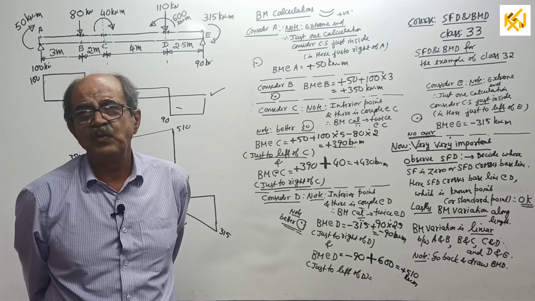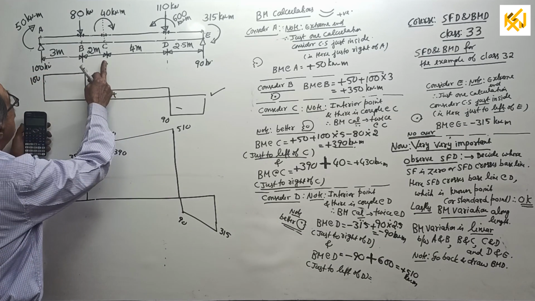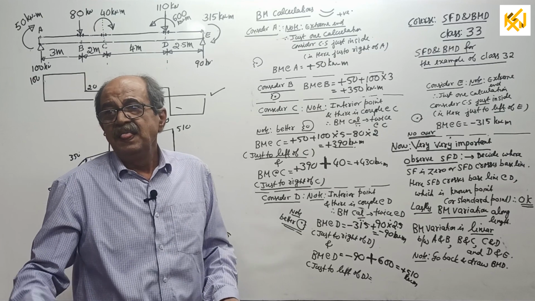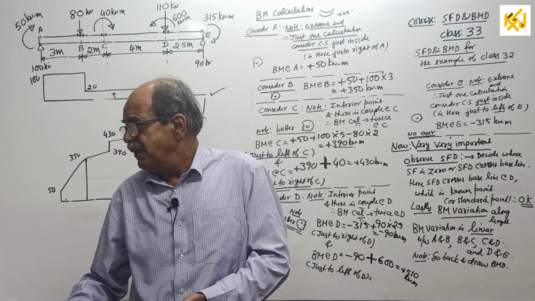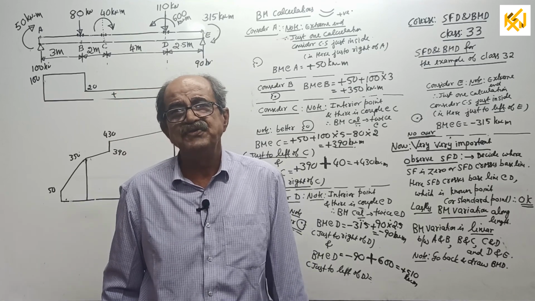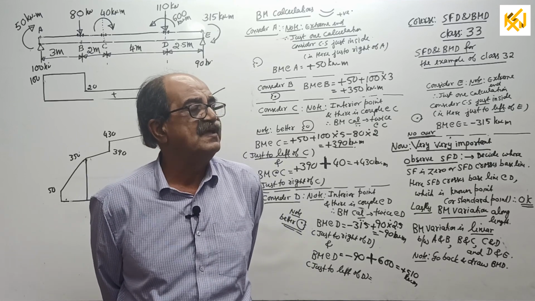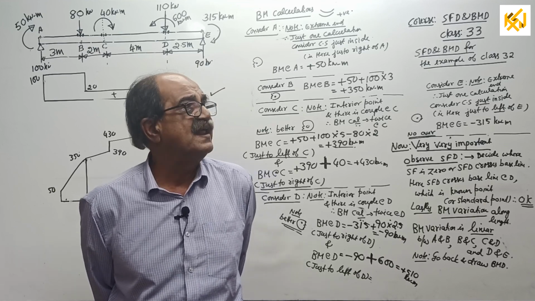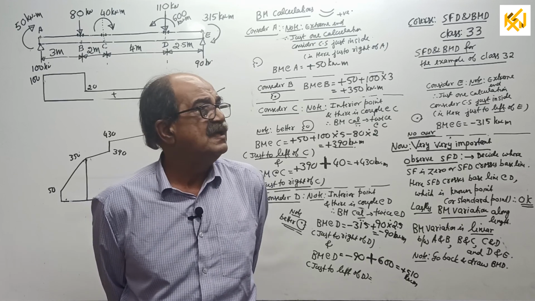If that is not required, I have got plenty of tricks. I don't have to find bending moment every time looking full this side. I know a technique of previous BM: wherever I am, the previous BM and previous shear force, I will push it this side and get new BM and new SF. That trick I will tell in a separate class, not in this class. I will upload some separate classes. Beautiful tricks and shortcuts are there, useful for objective question examinations, that I will tell.